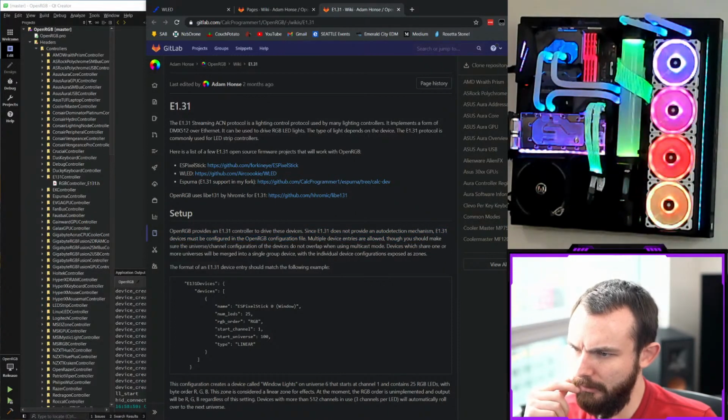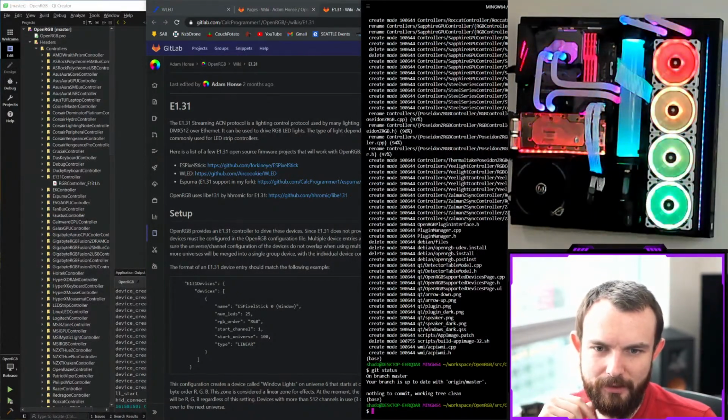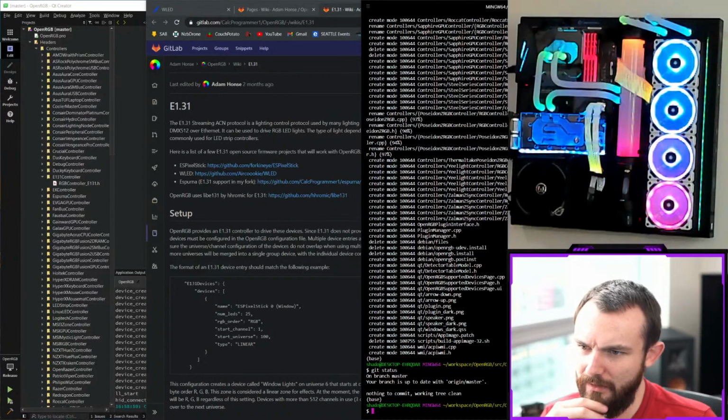Configured in the OpenRGB configuration file. Doesn't tell me a whole lot about it. Not sure where before I got the idea to have a